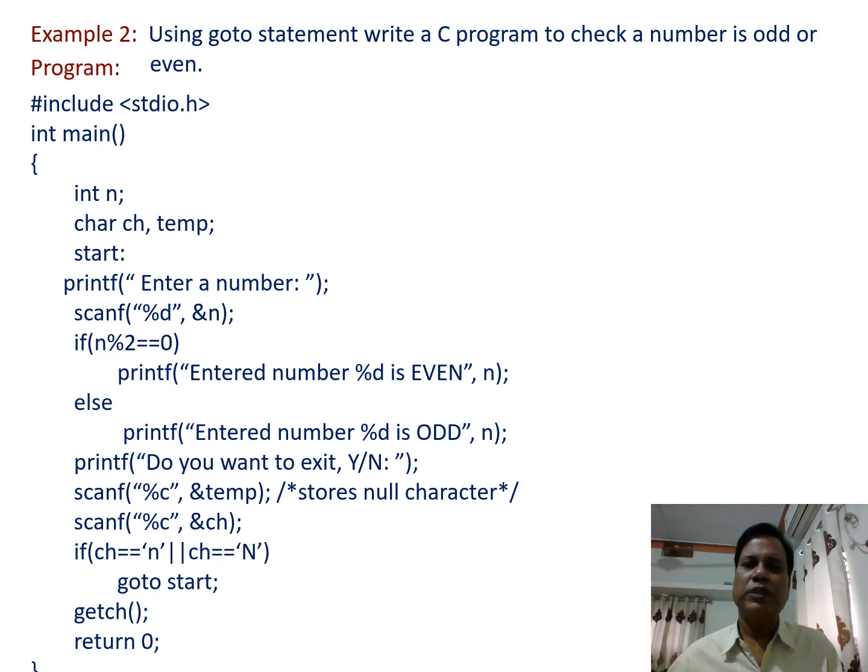If the user enters the yes key y, then that y is taken in and is stored in the variable temp. Then, using the if else statement, if the character is not n, then the goto statement is skipped and the output screen is held by getch, where we see the result.